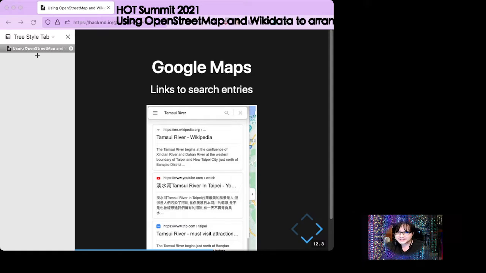Google Maps has integrated search results with Google search, and sometimes you can link to a Wikipedia article or top international websites like YouTube or Trip.com to get some basic information about Tamsui River.